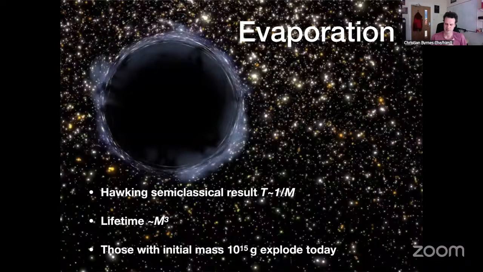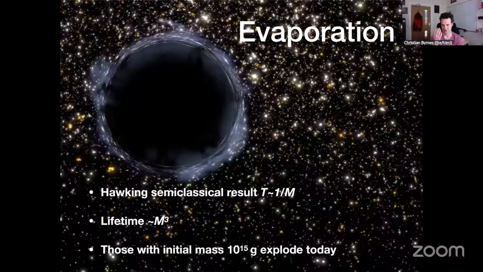And hence it's possible that we have very small mass black holes with observable Hawking evaporation, or which have even fully evaporated by today. If you integrate this relation, you find that the lifetime of the black hole is proportional to the mass cubed. If you put the lifetime equal to the age of the universe today, you find that the initial mass you need is of order 10 to the 15 grams. Okay, so those mass primordial black holes, if we were so lucky that they formed, they would be exploding today.